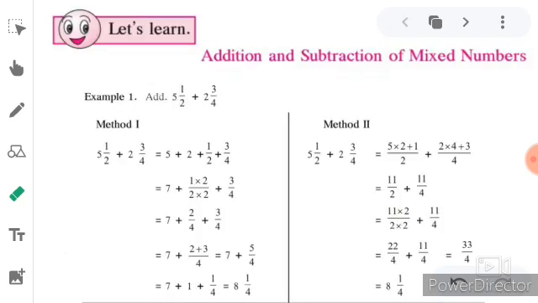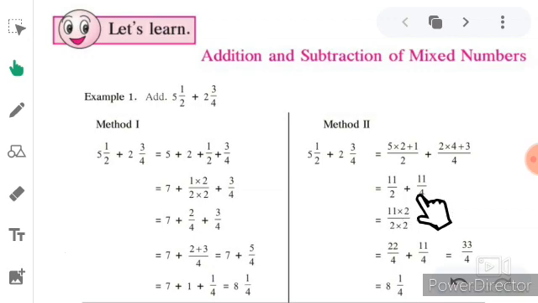Now this one, the second method. Here you can see 5 whole number as it is 5. You will have to multiply that number by the denominator, here the denominator is 2, so multiply this number by 2. So 5 multiplied by 2 plus 1 divided by 2. For the second term, the denominator is 4, so we will multiply the whole number by 4. So 2 multiplied by 4 plus 3 upon 4. Now simply multiply and add. 5 2s are 10, 10 plus 1 is 11, 11 upon 2. 2 4s are 8, 8 plus 3 is 11, 11 upon 4.